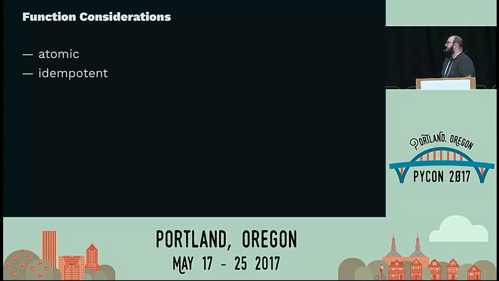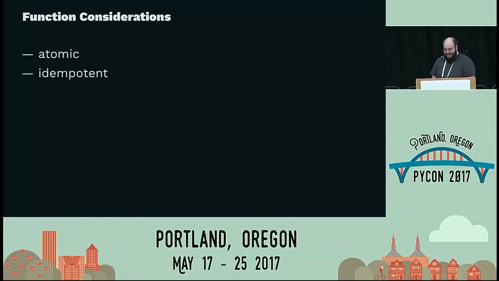Some things I want to leave you to think about before we look at a bigger example: consider that your functions need to be atomic. I'm not going to go into the CS definition of atomic here because I don't want to explode my own brain, because there's lots of math. But in general it basically means that you can run this function in isolation from the rest of a larger piece, and that it does a whole thing on its own, right? So it's going to do a finite thing to completion. It either works or it doesn't work. When it doesn't work, it's explicit that it doesn't work. When it works, it's good. And it also means that I can run multiple of those things side by side, and they won't interfere with one another, okay?